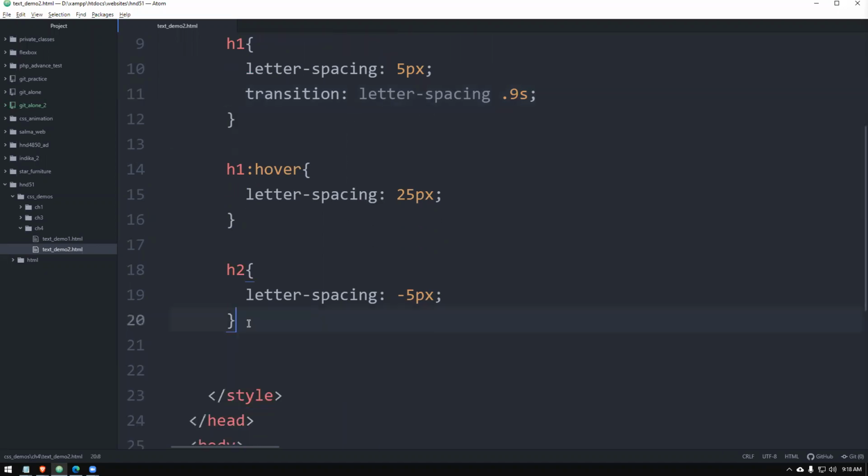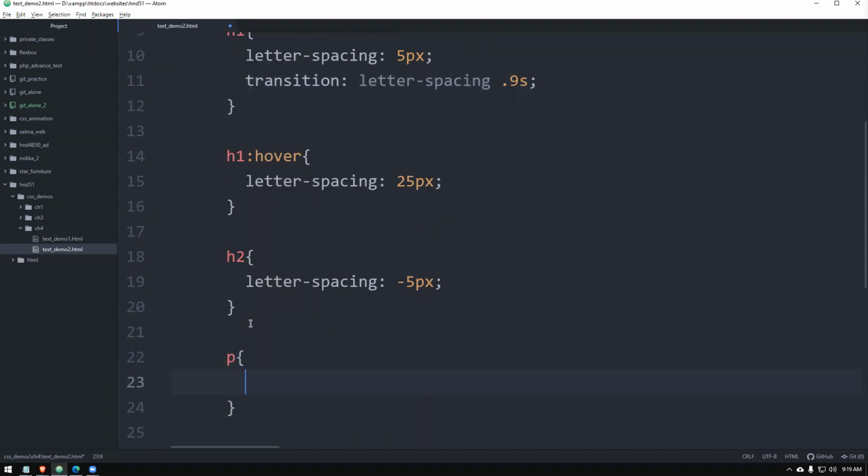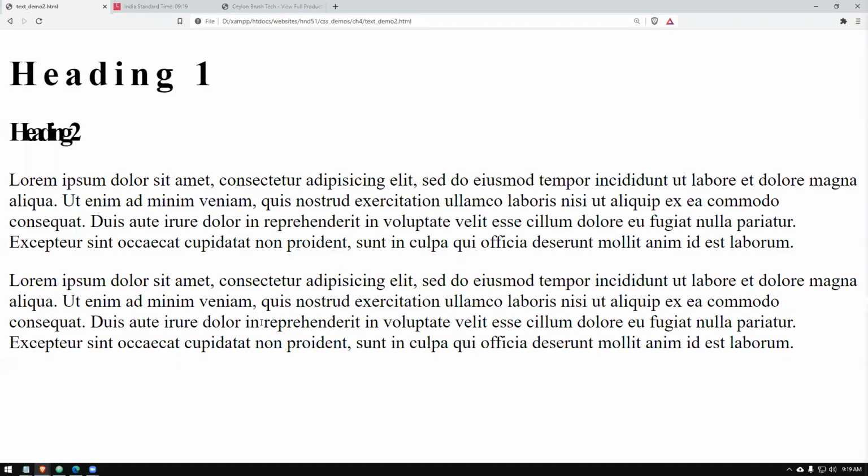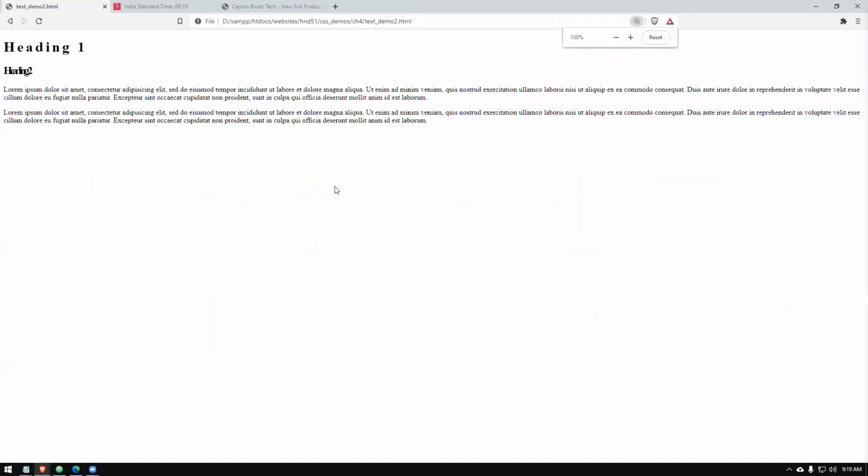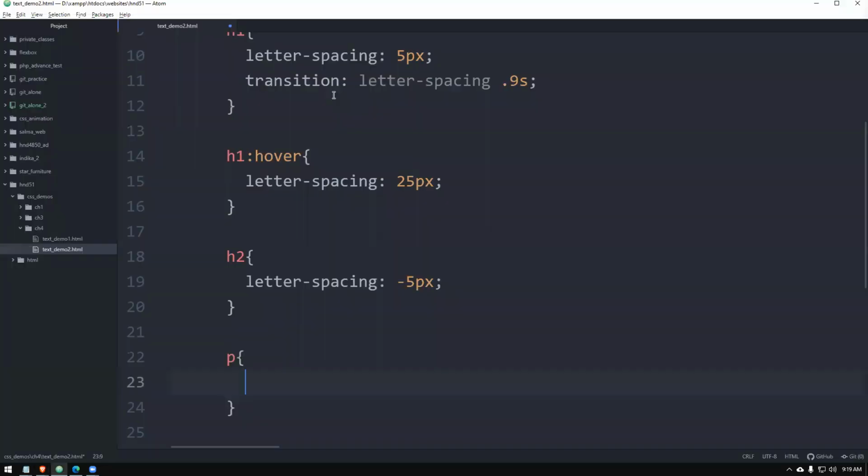I will do that for this one. Paragraphs. You can use space in between the lines. You can increase or decrease the gap, right? So this is how it normally looks. If there is enough space between the lines that it is easy for your eyes to read, usually around 23 pixels in between will look nice.